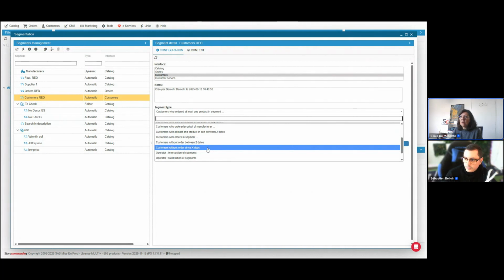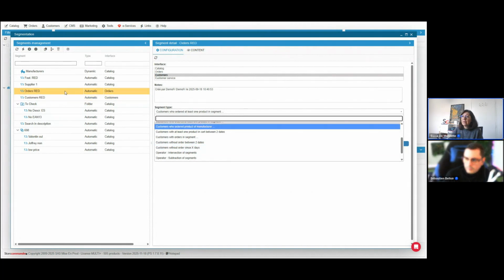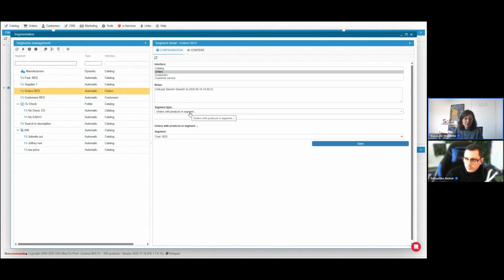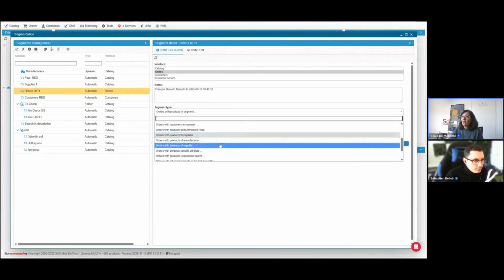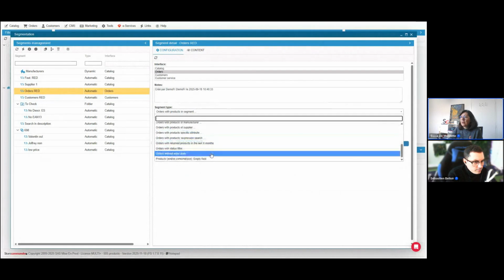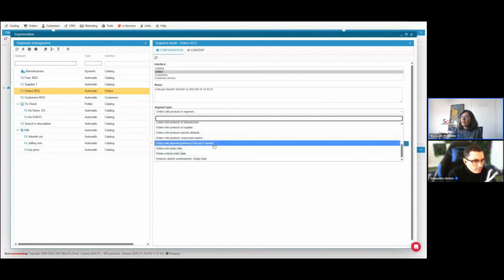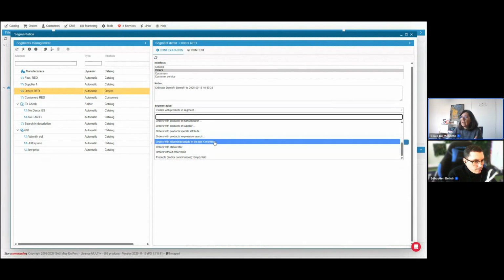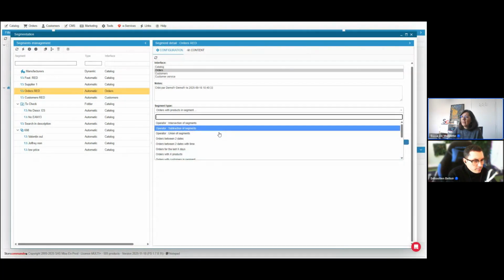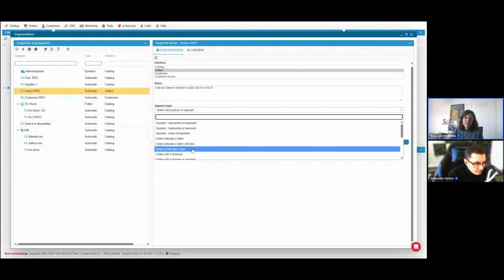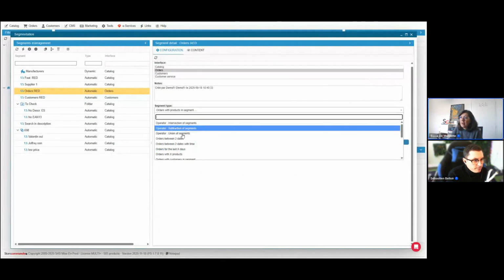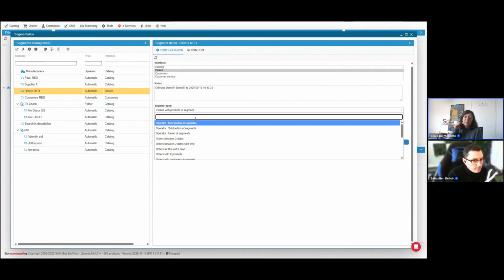So I think that's pretty good, and it's the same with the orders. So I'm just selecting the orders one, just to show the list of possible segments you can do. So orders with a product with manufacturer X or supplier, with order states or the filters, orders with a product in the last X months. You can do really, I'll just come back here, between 2 dates or orders in the last X days. Plenty.